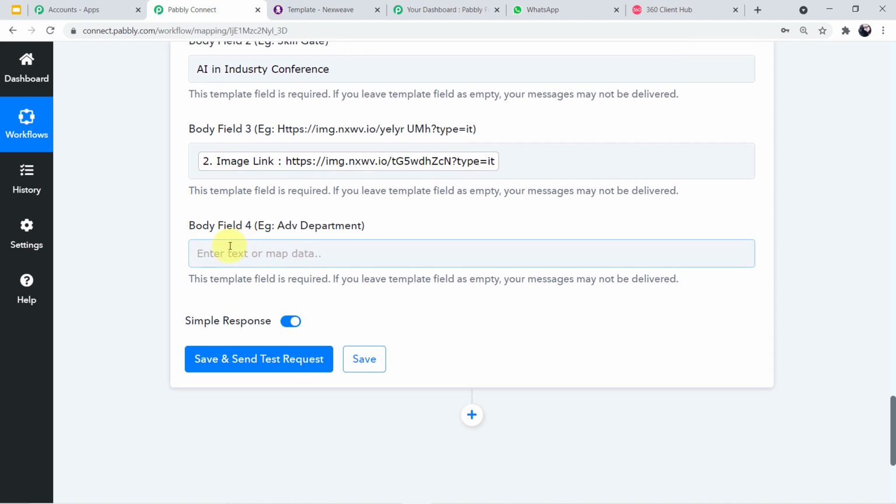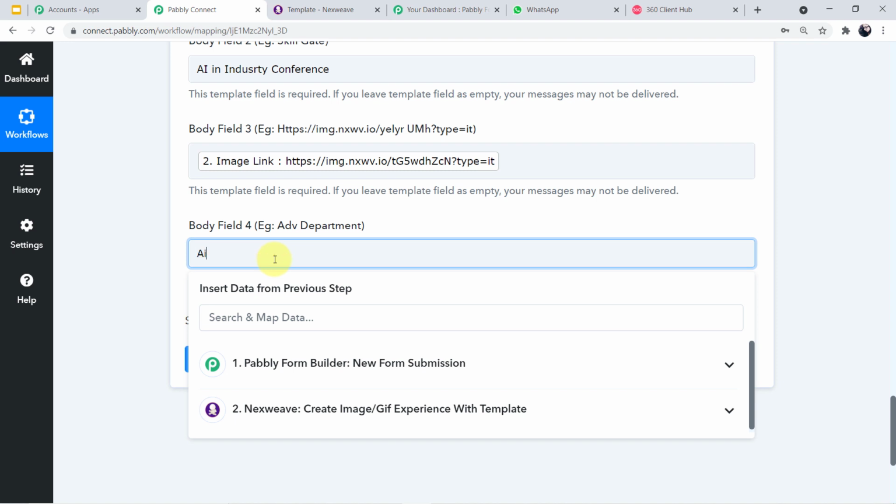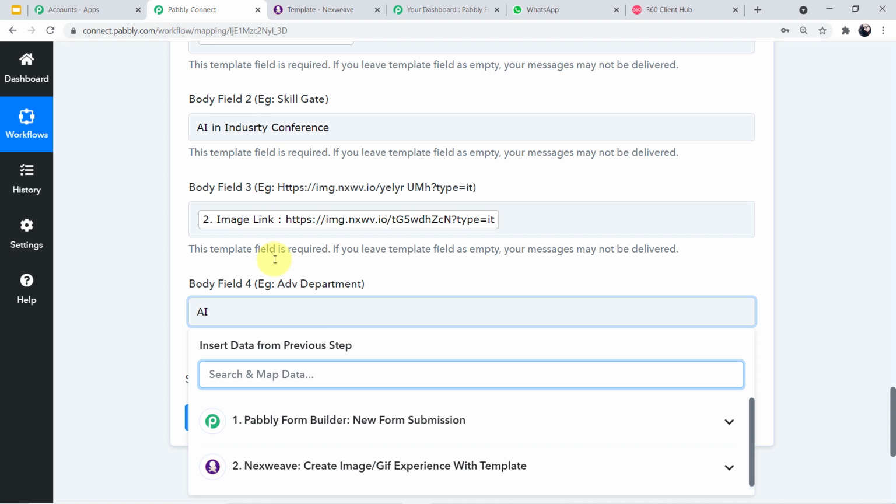Now, in body field 4, it is showing an example, advocate department. So we have to mention the department name here. So I'll mention AI Institute, let's say Bhopal.